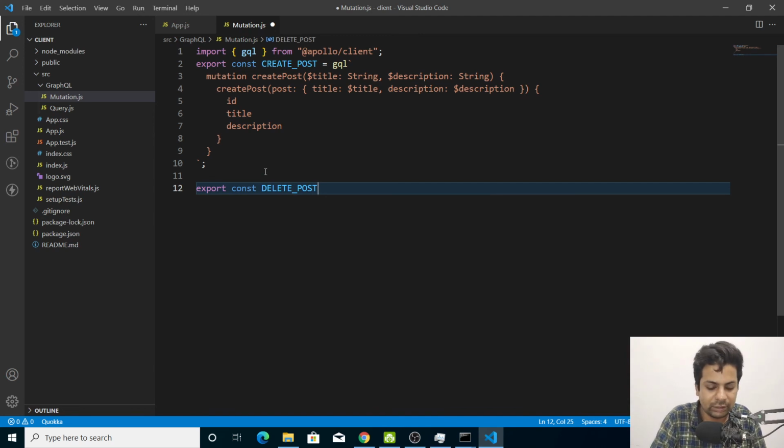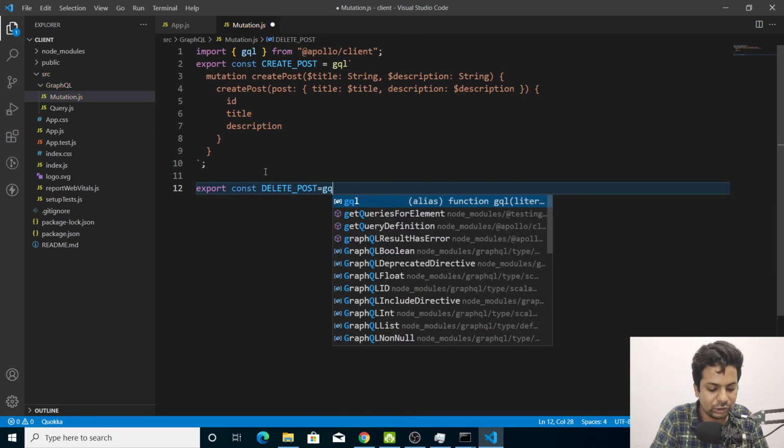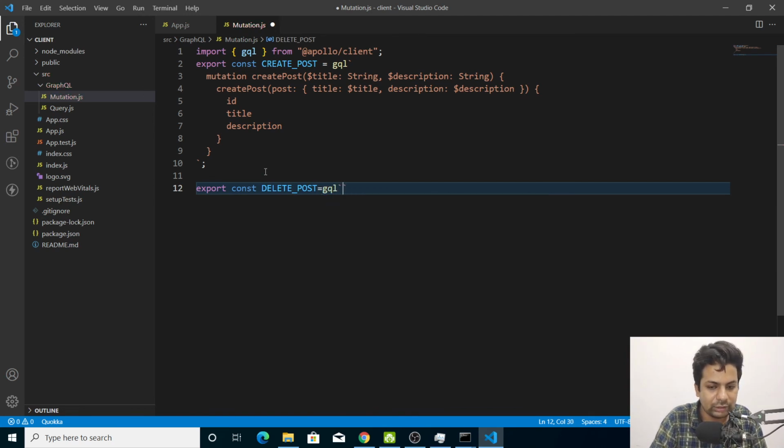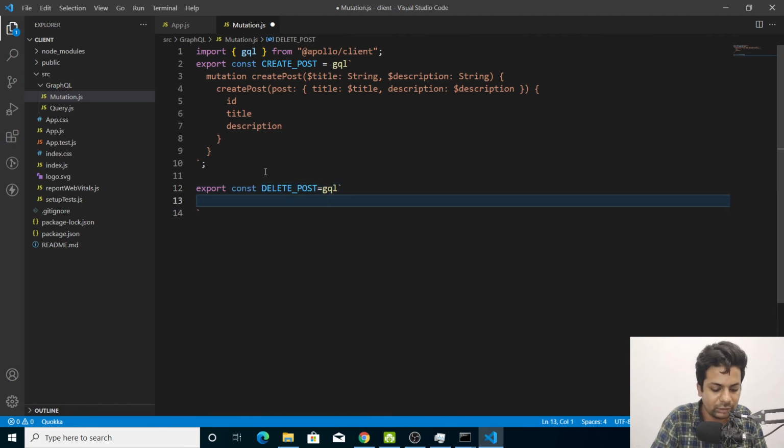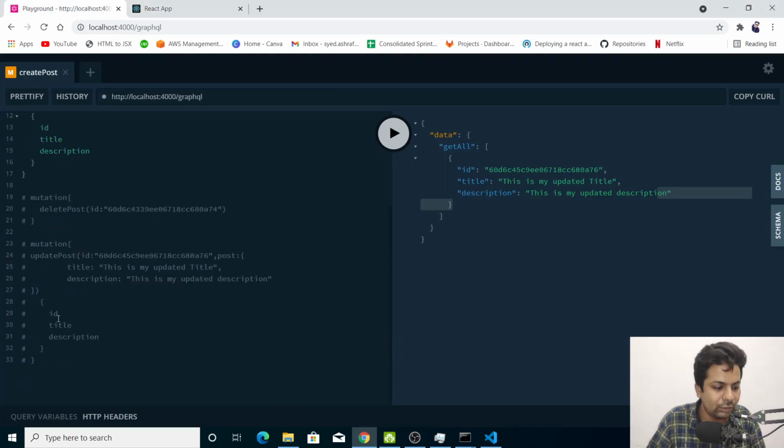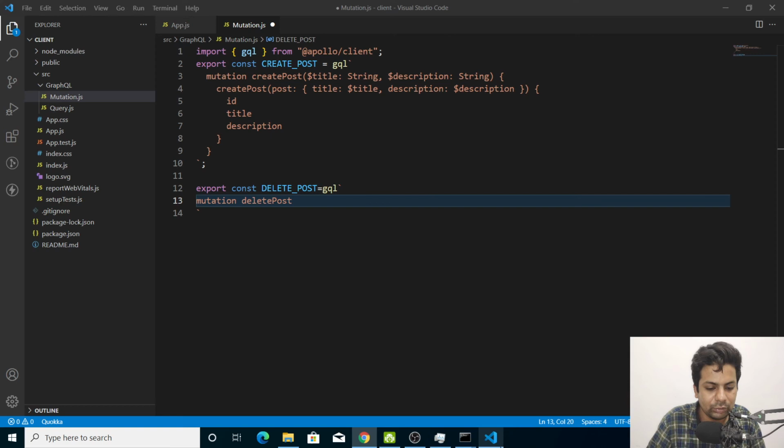We want to delete the post, we'll say gql, and we'll say mutation deletePost, because this is called deletePost. You can check it for deleting, this is called deletePost. So we'll do deletePost and $id. We want to give the id and delete it. It will be of type string.